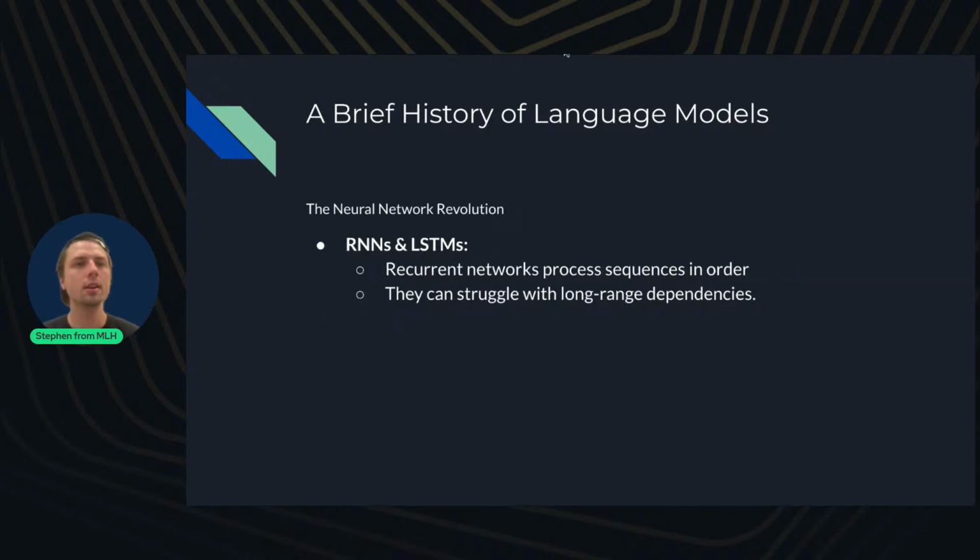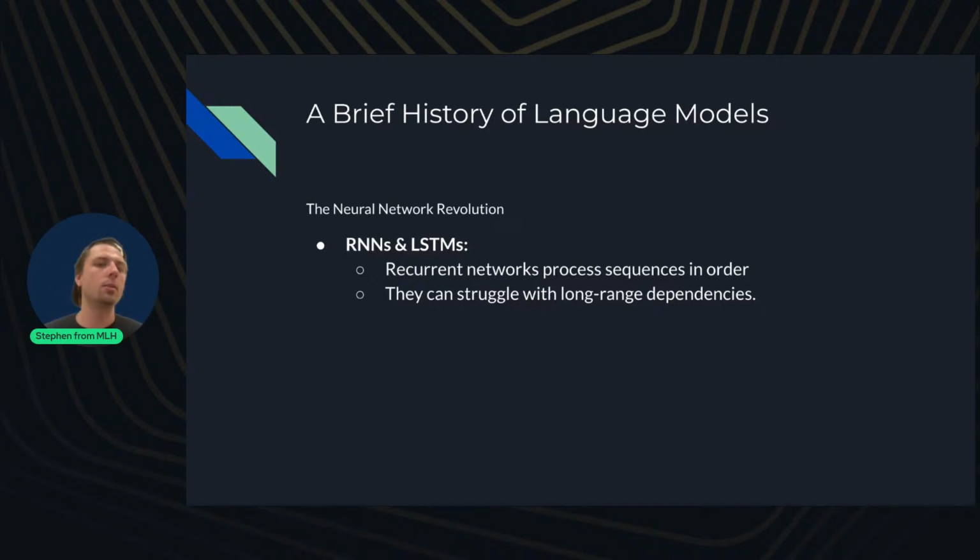And then here's another model that's very popular. This still has a lot of applications today. They're called RNNs, which are recurrent neural networks, and LSTMs, which are long short-term memory, I believe is the algorithm. I always forget that one. Yeah, long short-term memory, which is just a very specific type of RNN. But they're both recurrent networks.